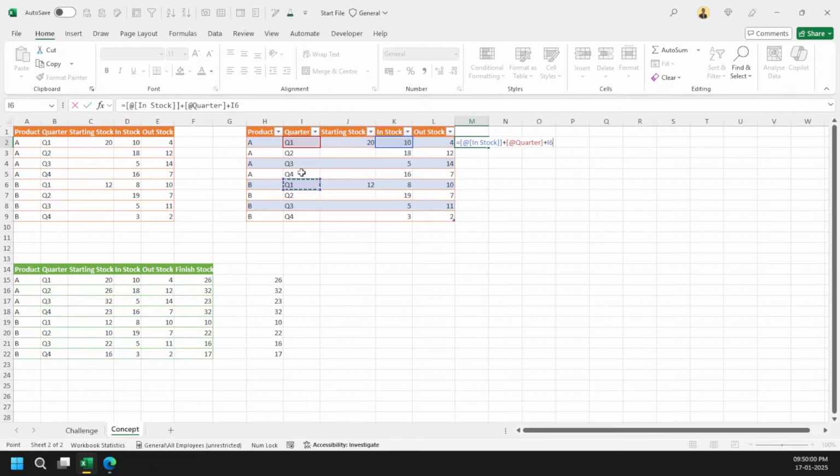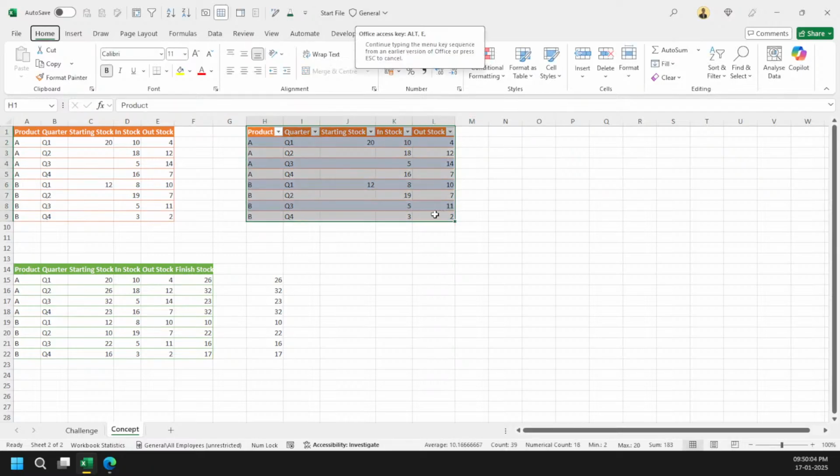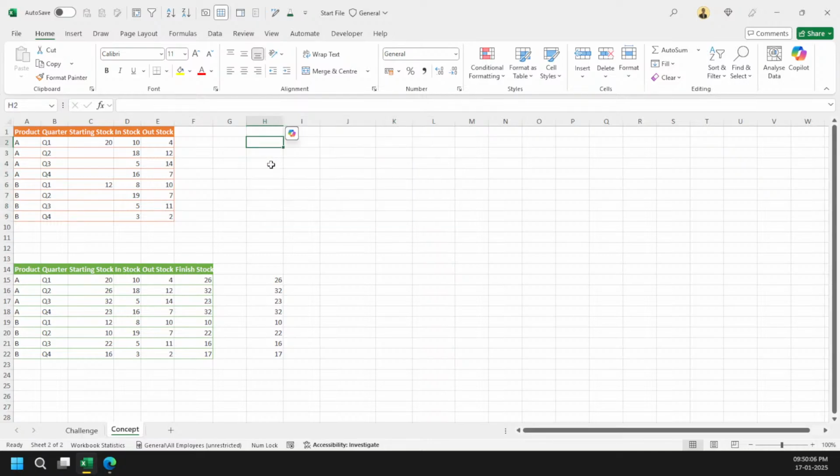That's from where the @ operator came. But then the @ operator started getting more momentum when dynamic arrays came. Okay, so I will tell you what I mean here. Let's say you have named this wall range and let's make it product column, and then you are going to select this entire column, right? So what will happen is it will spill down, but many people didn't like it.